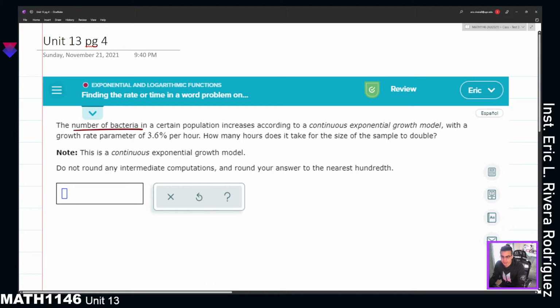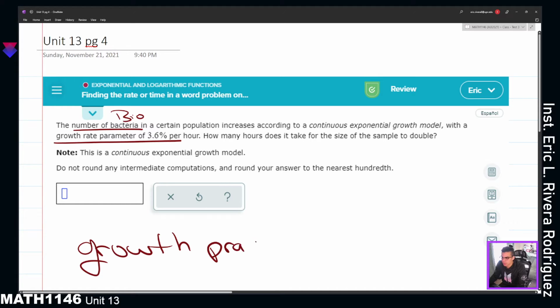The number of bacteria. So the number of bacteria, we're working with a biology scenario, in a certain population increases according to the continuous exponential growth model. That's confirmation that we are working with the biology scenario. We have a growth parameter. This is important. Growth parameter of 3.6%. When you see growth parameter, growth rate parameter,